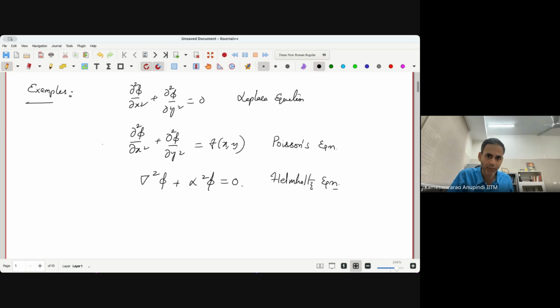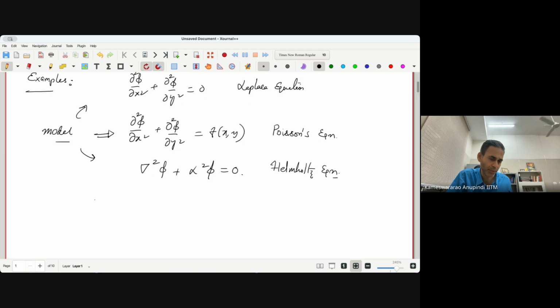So we're now going to learn how to discretize and solve these equations. We will pick the Poisson's equation as the model equation, because it is going to be the same for the other two equations as well. We will learn how to discretize this and what solution techniques are available for the resulting linear algebraic equations.